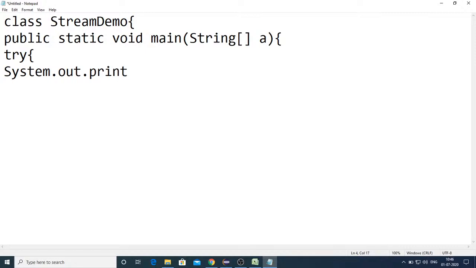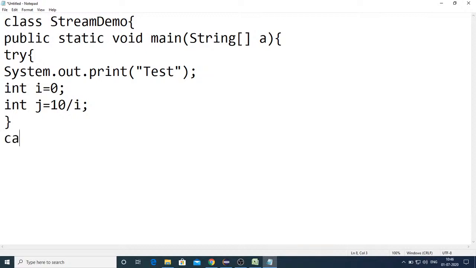So I'm just printing a simple message, test, and then here I'm creating a variable int i equal to 0, int j equal to 10 by i. We know the answer, but here our intention is just to make sure how we can redirect output and error to separate files. Catch Exception e,